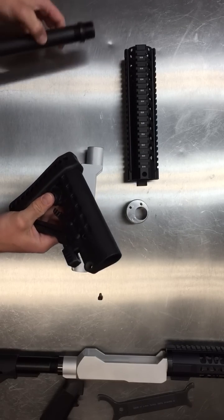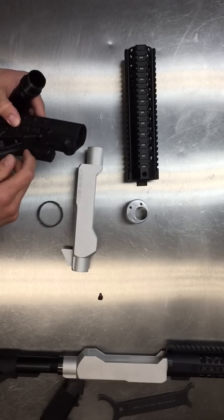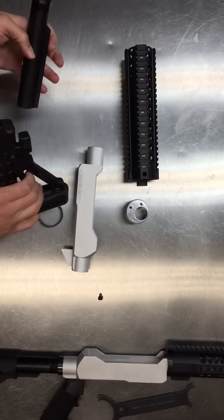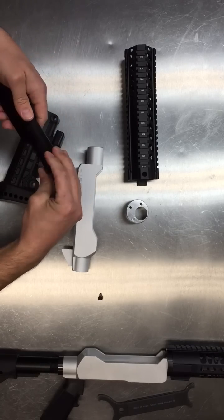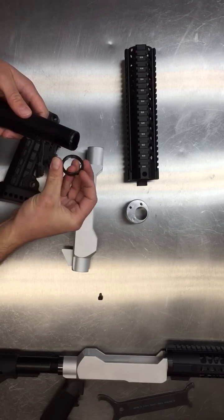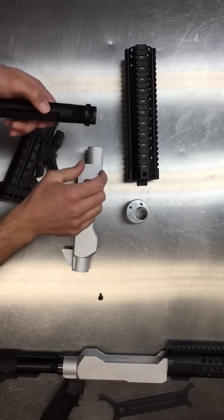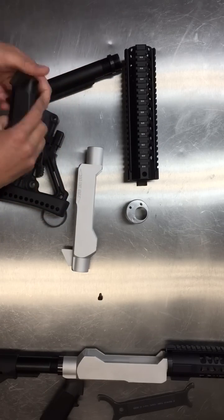There's an Archangel buttstock, which I really like. They have a nice little release feature for putting on and off the buffer tube, and you can lock it down so it doesn't come off. Kind of nice. On the buffer tube itself, you have your castle nut, which usually you would put this way on an AR-15. But since we're not using a tool to tighten it, I like to put it this way so that the teeth or the edges of the castle nut don't catch you on the hand when you're playing around with your gun. Got a pistol grip,